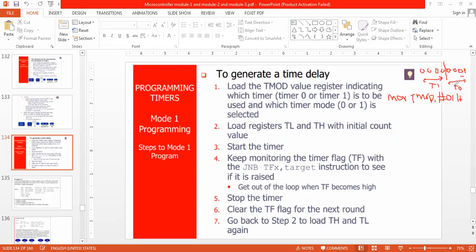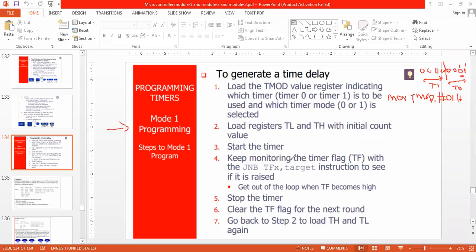Timer 0, mode 1 operation. This is M1, this is M0, so it is going to be 0, 1. Whenever it is 0,0 it is mode 0; 0,1 mode 1; 1,0 mode 2; 1,1 mode 3. Now it is 0, 1, so that is why mode 1 operation.